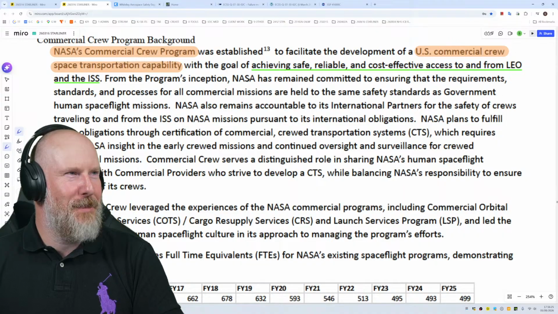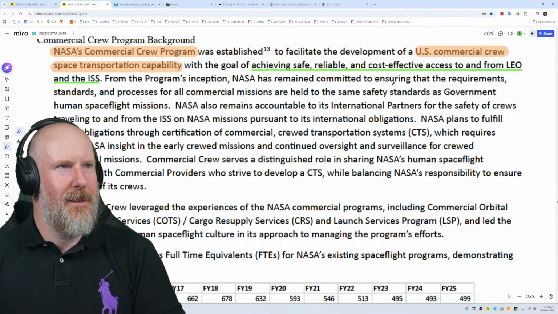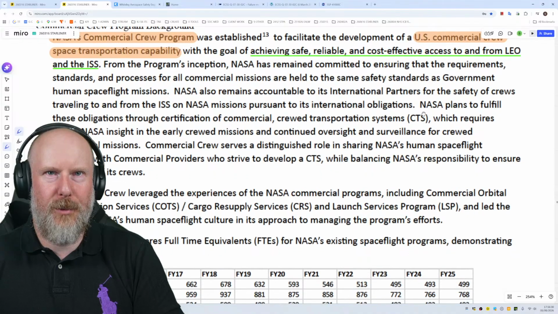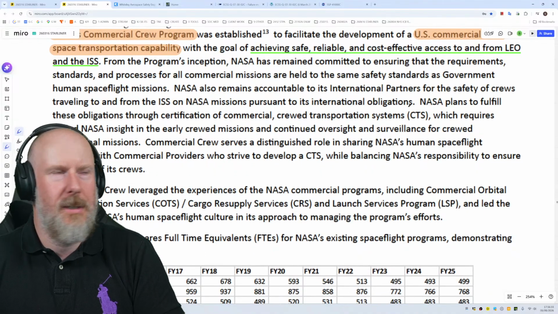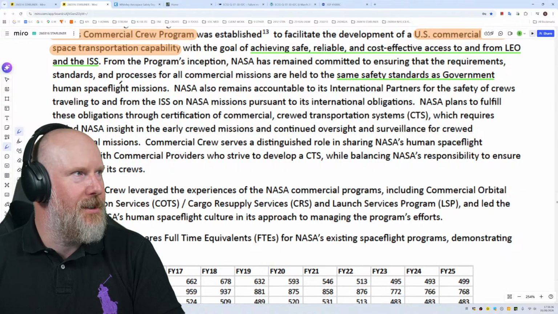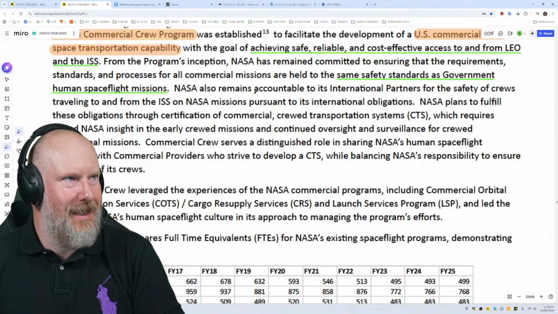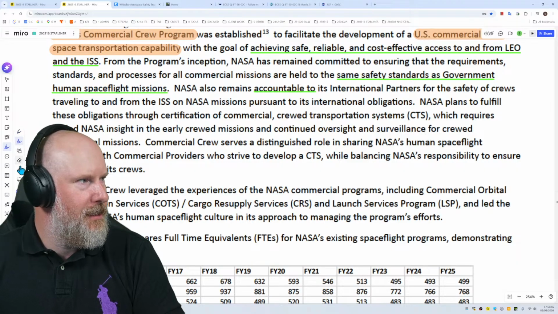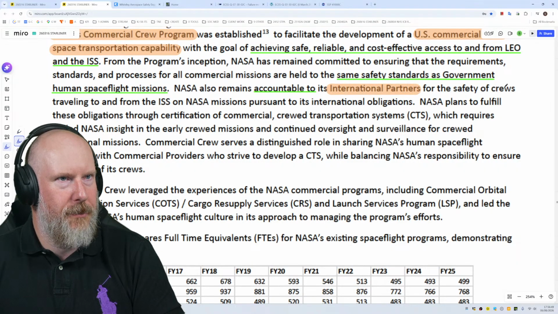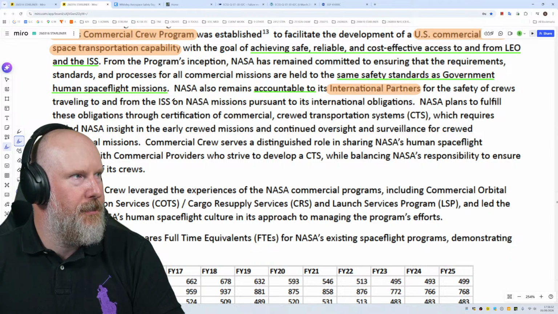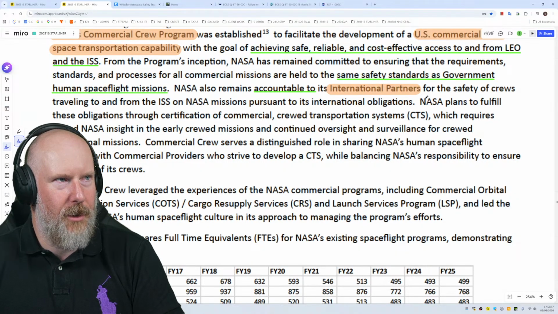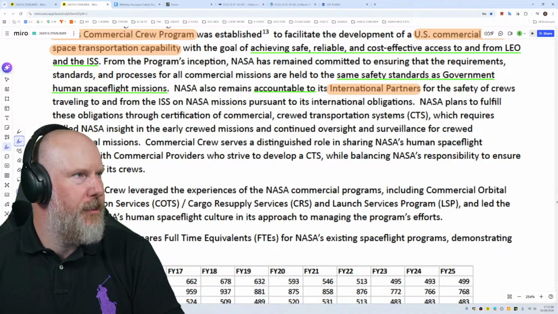From the program's inception, NASA has remained committed to ensuring that the requirements, standards, and processes for all commercial missions are held to the same safety standards as government human spaceflight missions. NASA also remains accountable to its international partners for the safety of crews travelling to and from the ISS and NASA missions pursuant to its international obligations. NASA plans to fulfill these obligations through certification of a